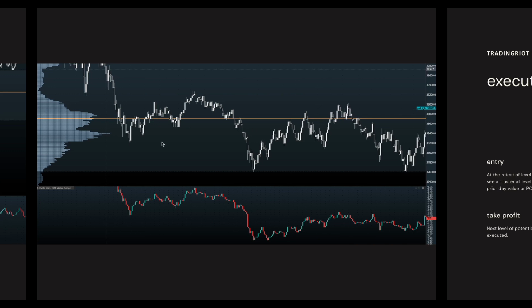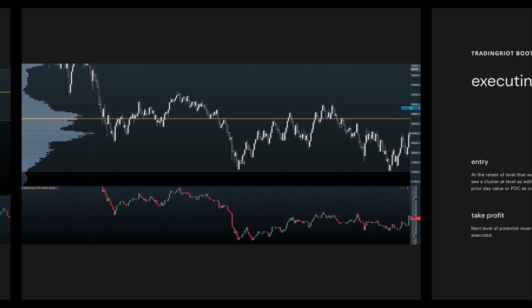Another example on a Bitcoin intraday chart, and this one has another factor of confluence in CVD, which I actually like even more, and it's absorption on this entry level. So you have a level of support that gets taken out. Once again, this selling here is quite obvious, but look at what happens after that.